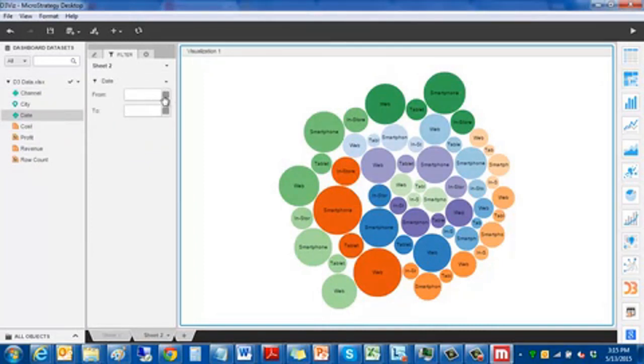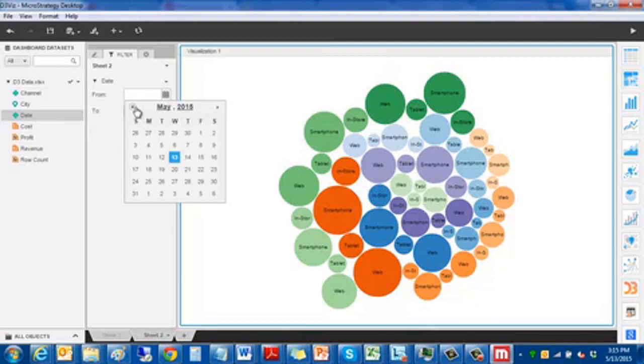So I'm going to put in a date filter. And this is new in MicroStrategy 10, and I'm sure a lot of you are excited to see this. This is our new date filter within Visual Insight, and it's a lot easier to choose dates now. For those of you who are familiar with MicroStrategy beforehand, pre-10, if you wanted to choose dates, it would either come in a long list of box charts or a time slider that didn't really make much sense. But now having a calendar to choose dates makes it a lot easier for us to choose and filter dates. And as I choose dates,